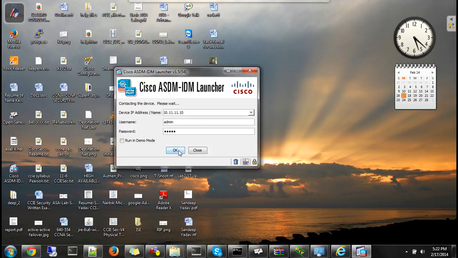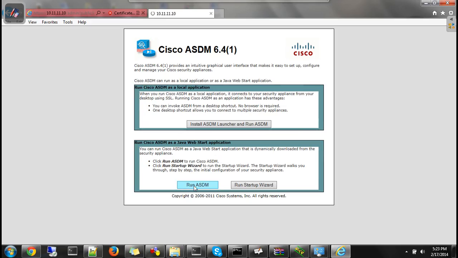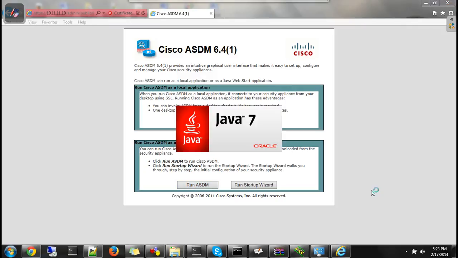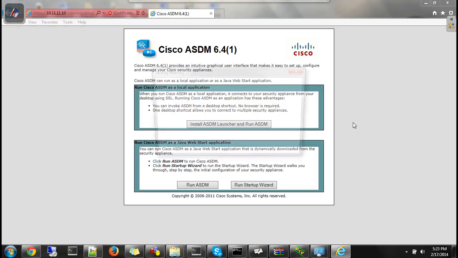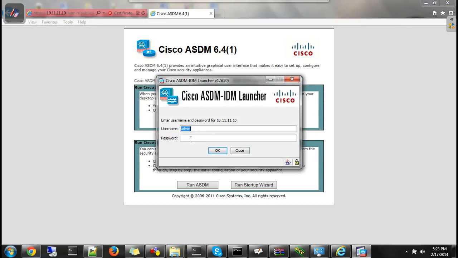Okay, is it not 10.11.11.10? Java. Continue. Verifying application. Admin, Cisco. You will get this output.